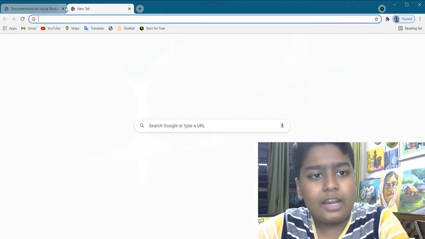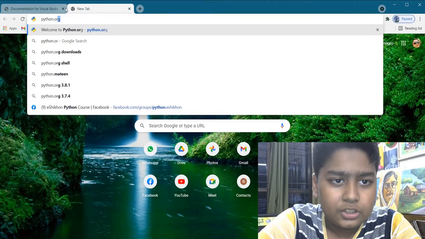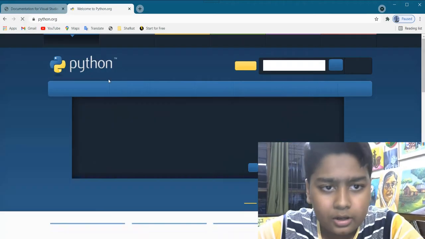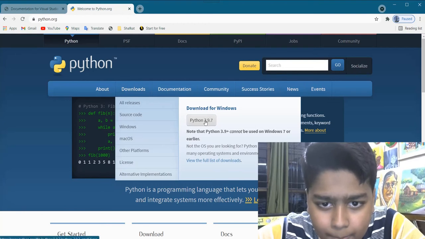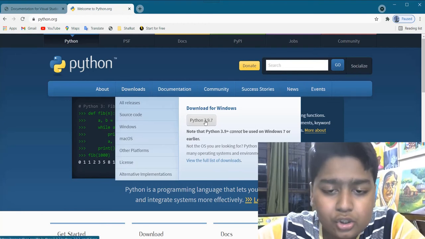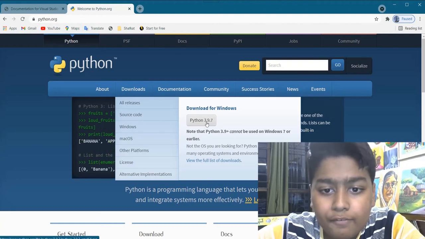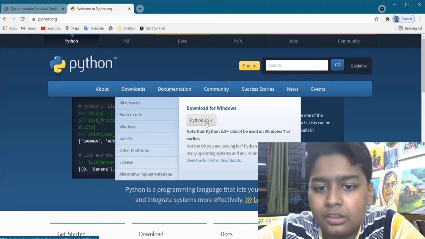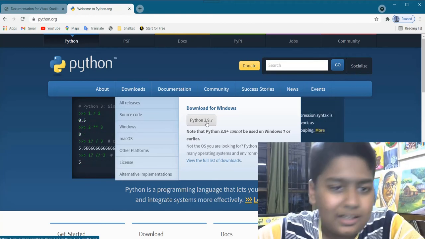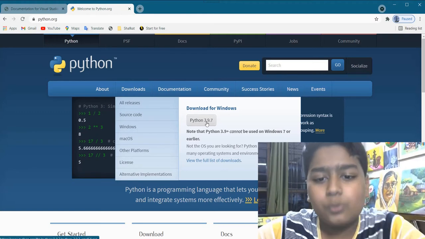Next, after you download this, you have to go to another website, which is python.org. There, you will go to downloads, then Python 3.9.7, and make sure to download the latest version of Python. You may watch my video a month later or a week later, and Python regularly updates its version.